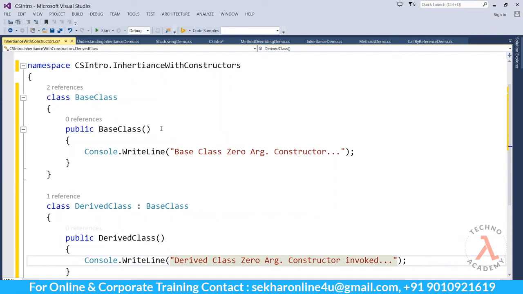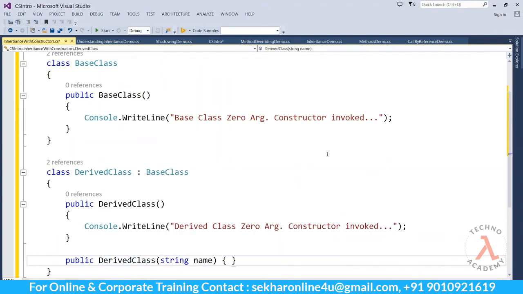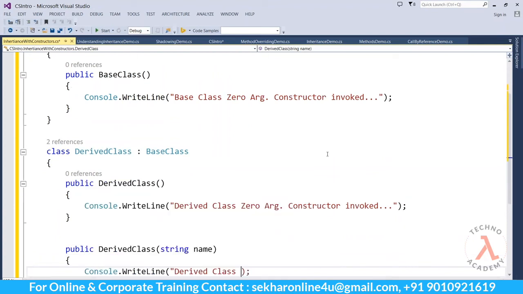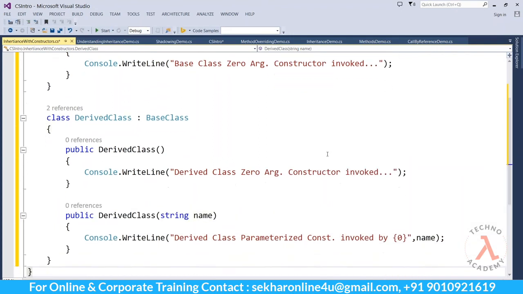And let me add one more constructor at the derived class. So let me type in public DerivedClass of string name, and let us add a print statement. So let me type in Console.WriteLine of derived class parameterized constructor invoked by name.